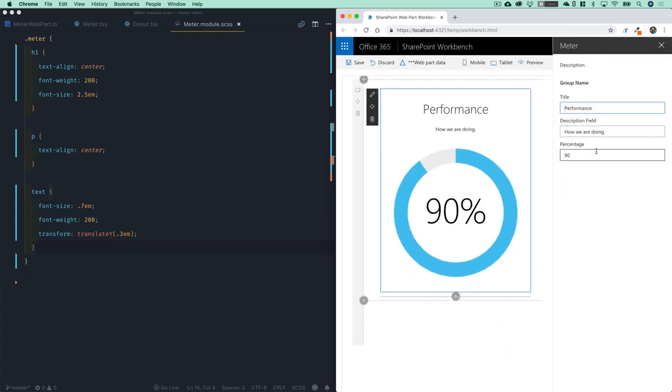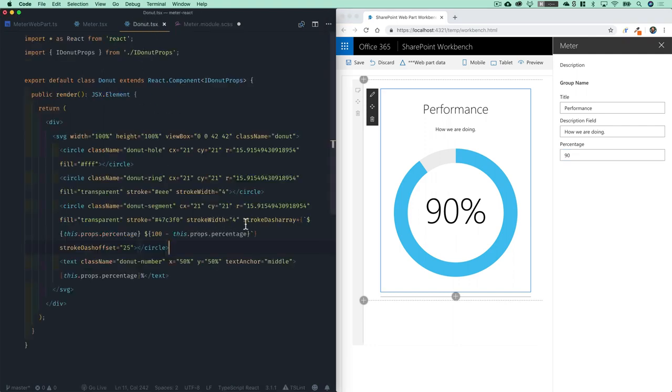So one improvement I do want to add over here is it's kind of a harsh update every time you update this, especially if you're going from like 10 to 50 or 10 to 90. And because that's a bit of a harsh change, we can add a CSS transition on the visualization of the fill there that will allow us to do a little bit of an ease or an animation between states, which might look a little bit more polished. So the way that that is actually changing is you'll notice here in our component, we have the strokeDasharray. And this is actually what is updating and changing the fill value around the circumference of this